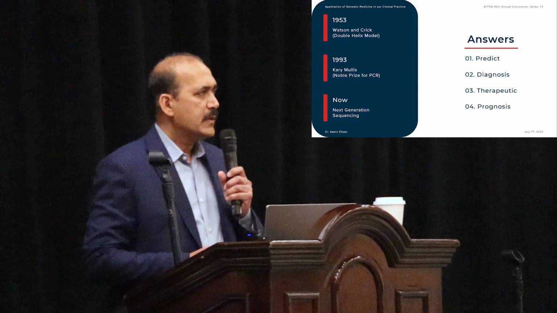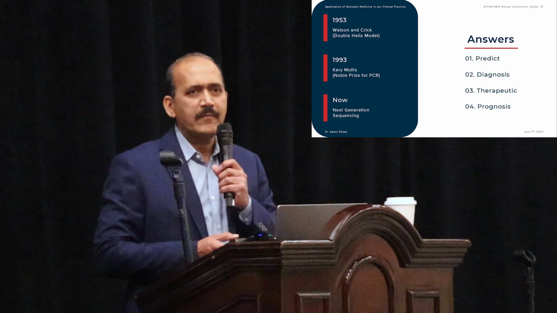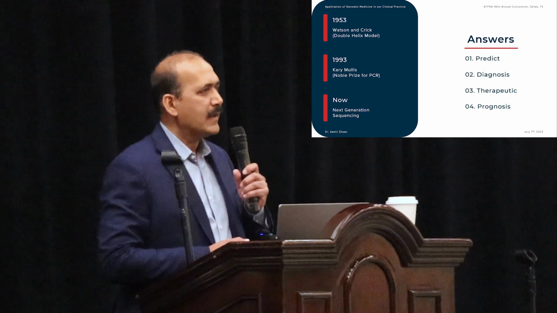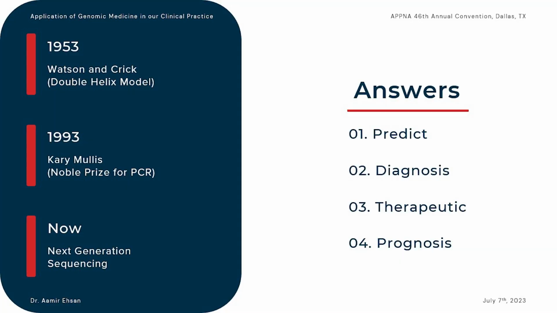What are we trying to achieve here? In our lifetime, I see some of the folks here have been relatively younger in the audience and have seen the Watson and Crick DNA molecule that was discovered back in 1953. We have seen the Nobel Prize given to Kary Mullis back in 1993, who introduced the concept of the PCR when he was driving on a highway in California and saw this benzene ring kind of coming in front of him. And now we have next generation sequencing, commonly called NGS, which just started like 2 years ago, that has pretty much revolutionized the concept of medicine.